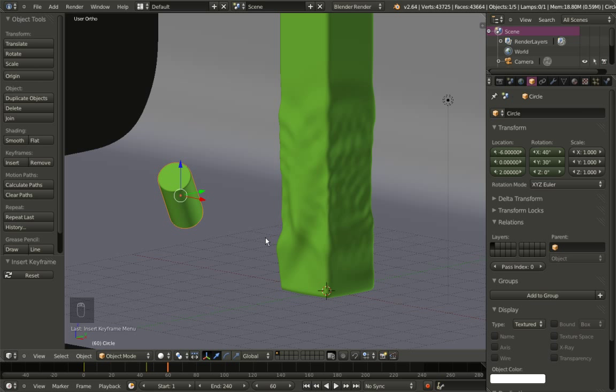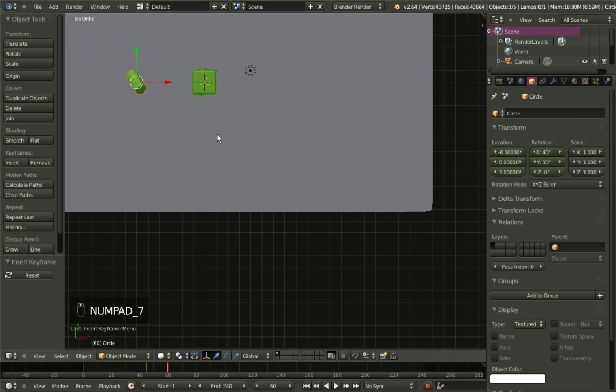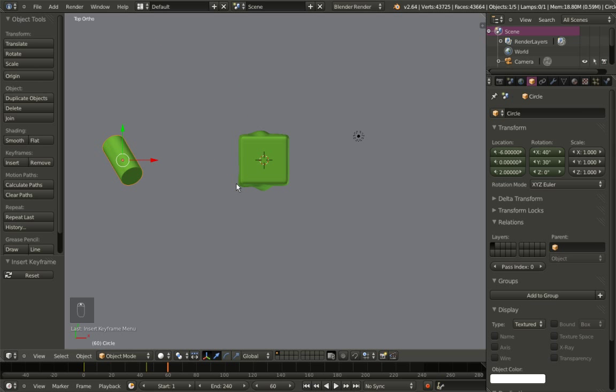Okay. And I'll hit 7 on my numeric keypad for the top ortho view. And I'll hit Z to grab my cylinder. Let's move it at about here, and I'll also change the rotation. Let's set the X to -10, let's set Y to -40, and let's set the Z to 10. And for frame 60 for our cylinder here, I'll hit the I key to insert a location rotation keyframe. Alright, now I'll move up 45 frames from 60 to 105,